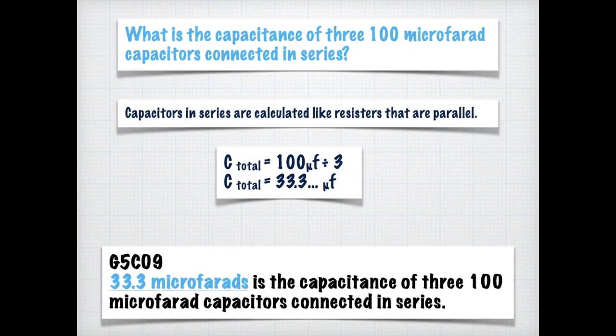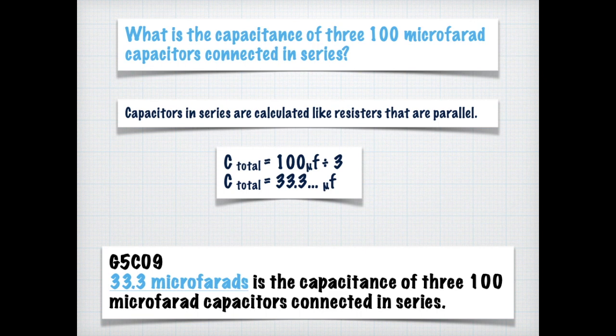Another question you might have on the exam is, what is the capacitance of three 100 microfarad capacitors connected in series? Well, we should remember that capacitors in series are calculated like resistors that are in parallel. So this C total, or capacitance total, equals 100 microfarads divided by 3, which gives us a capacitive total of 33.3 microfarads. So for the exam, you could just remember that 33.3 microfarads is the capacitance of three 100 microfarad